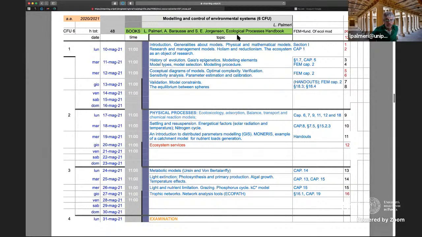I will introduce the model for describing nutrient emissions into river systems. These are GIS, distributed parameter models, the most complex part, if you want, of the modeling approach we will touch during this class. On Thursday next week, we will discuss ecosystem services, this very powerful concept